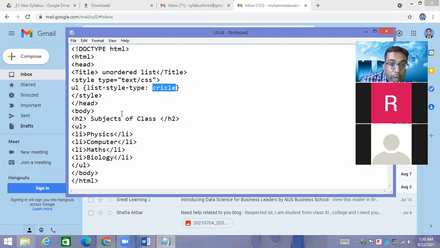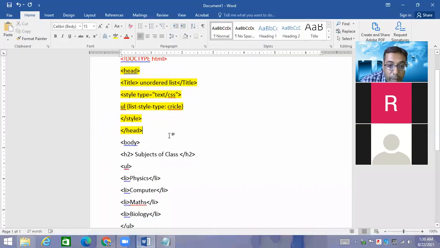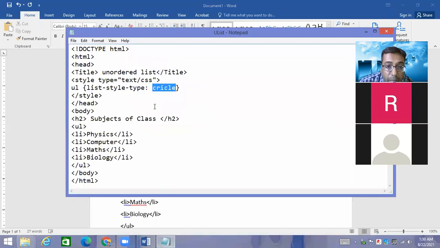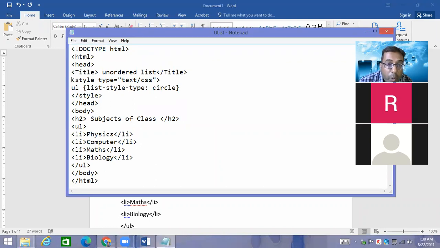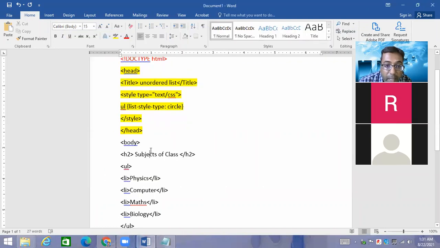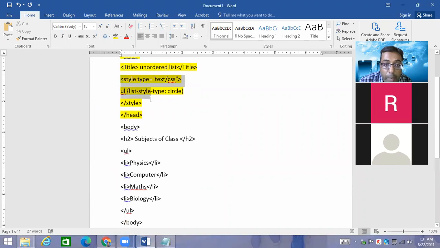There would be circles only. This is the thing that we are explaining over here. Okay, there would be circles that will be used. The circle spelling is this. Now you will be able to see, I think we have to make it correct over here as well. Circle is what we are using. Then the style tag is closed. Now you can see that the style tag contains the properties that you want to apply to your work.